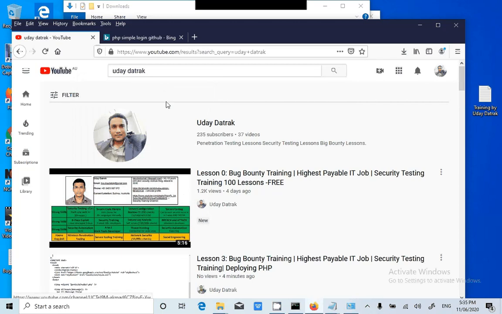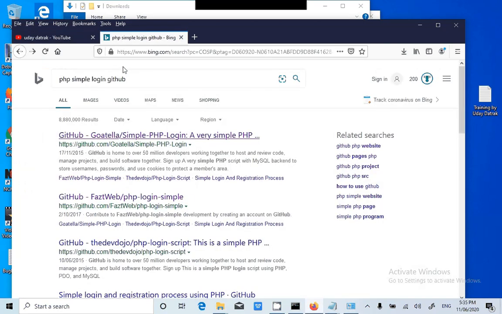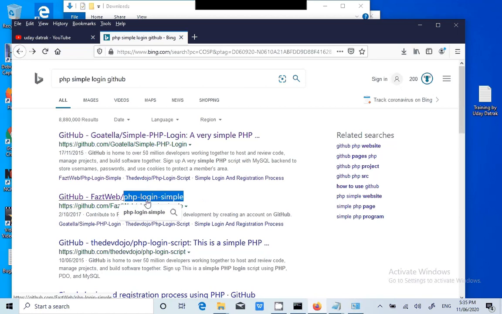I'm planning to teach 100 plus security test cases to identify 100 plus unique security issues in the web application. In my previous lesson 3, we learned how to deploy this particular PHP application. The best thing here is, in this application, we have the registration page feature to create the username and password. But when we downloaded the extremely vulnerable web application or Damn Vulnerable Web Application, they do not have the registration page feature. So with this feature, now you will get hands-on experience practicing security issues on the registration page itself.